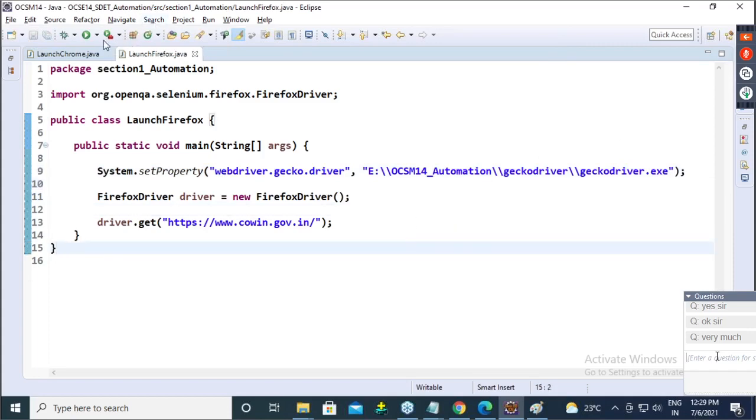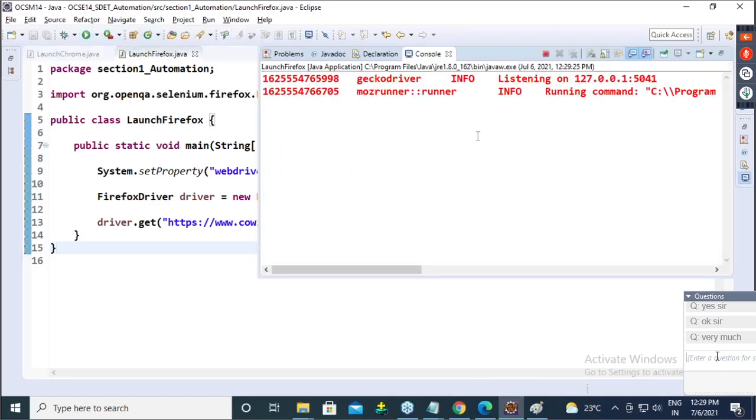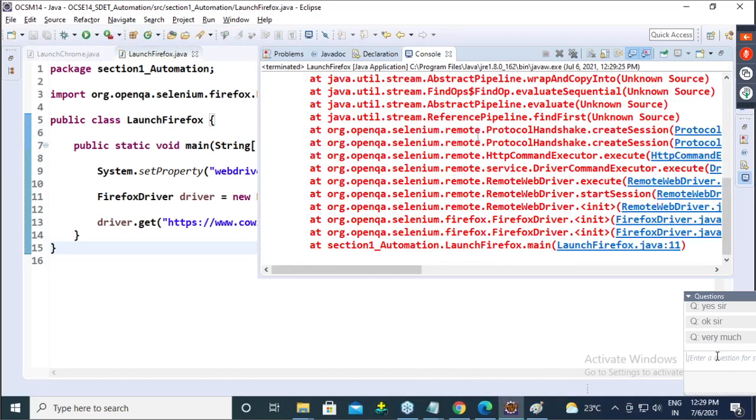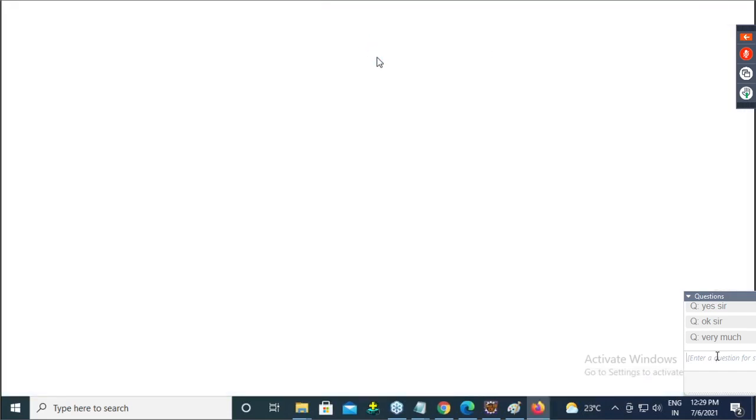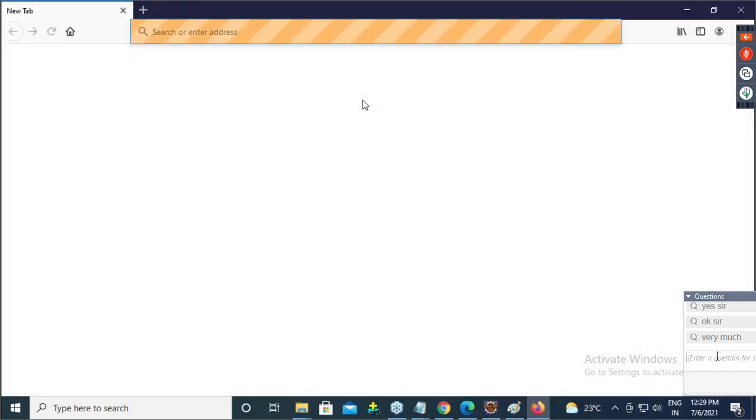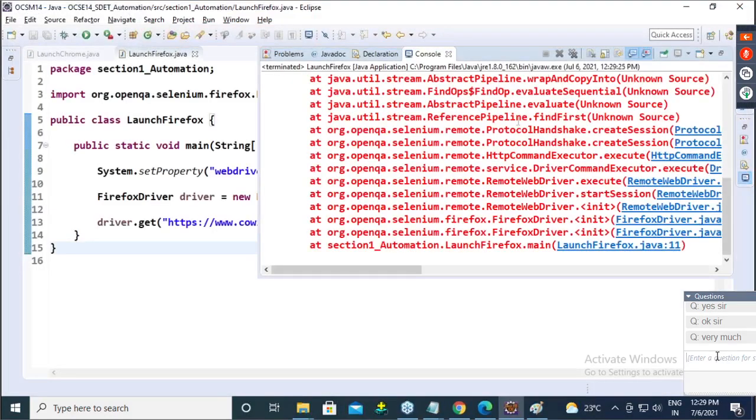Let's try to run. See, guys, now gecko driver, Firefox. Okay, what happened? It is launching. Guys, it launched, but it didn't open the website. Why? Wait, let me check.